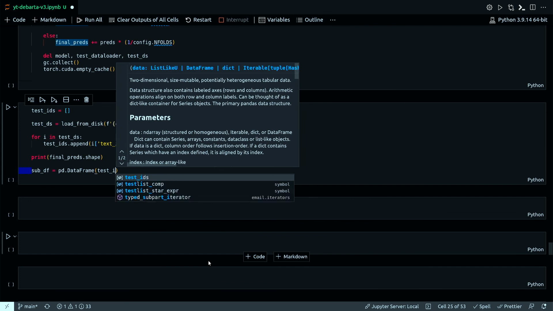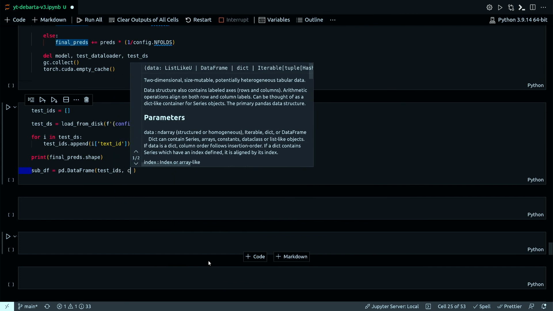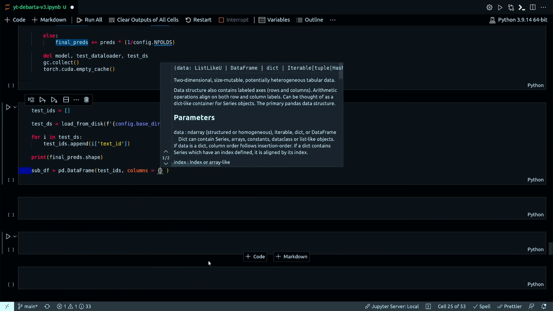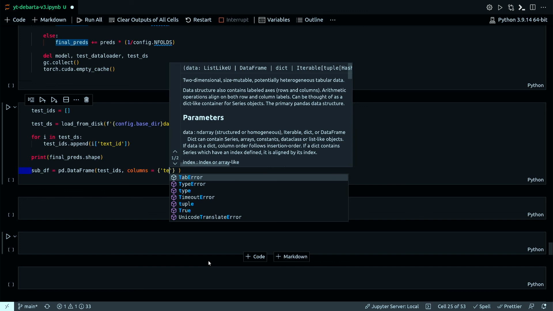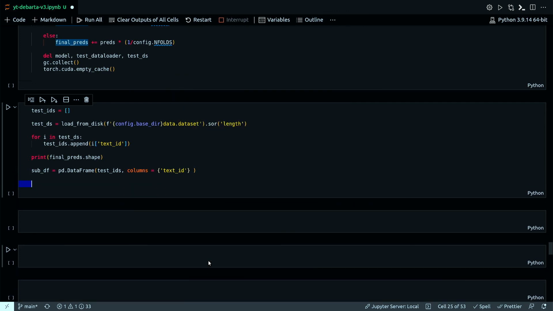So one column just for the test IDs, text ID. And now add another column with all the target column names and the scores for all those features or target columns.